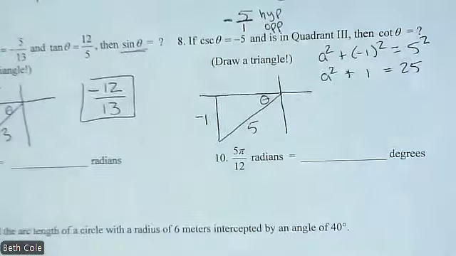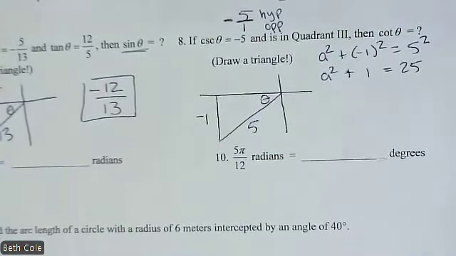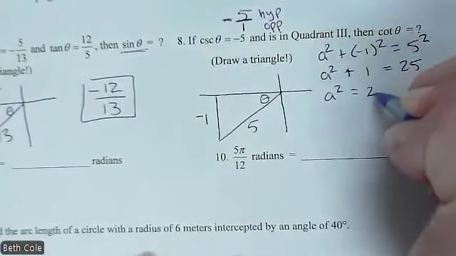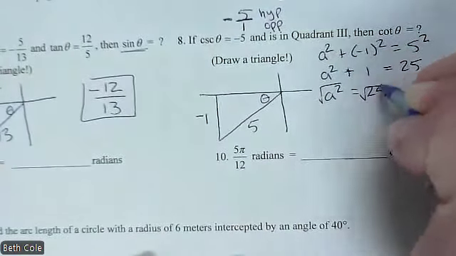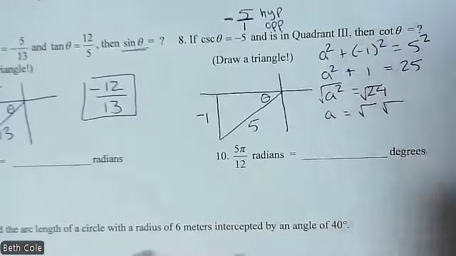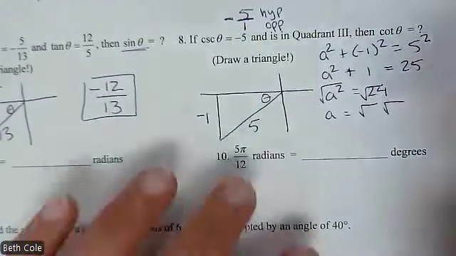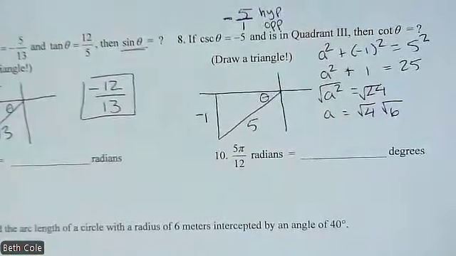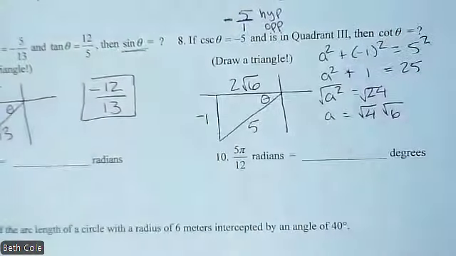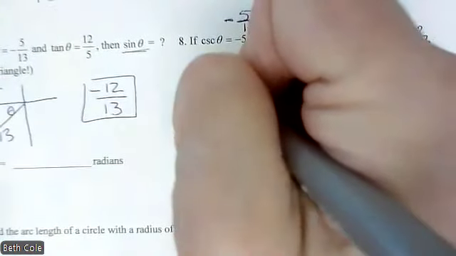Again, anytime you square a negative, it turns positive. So I got a squared equals 24. That is going to split. How would 24 split? Yeah, 6 and 4. So it's 2 square root of 6. But it's actually